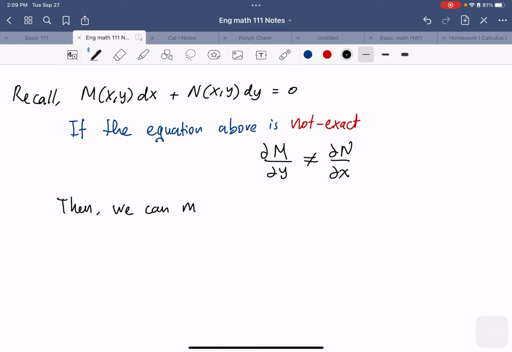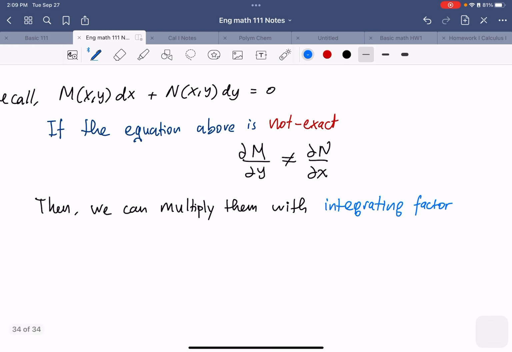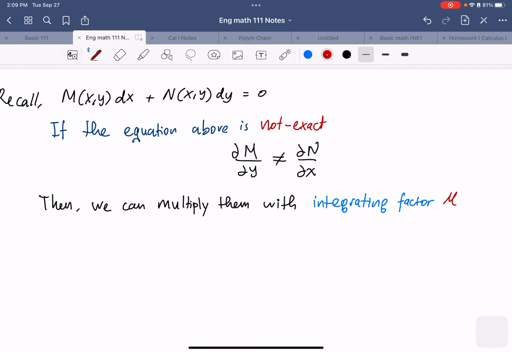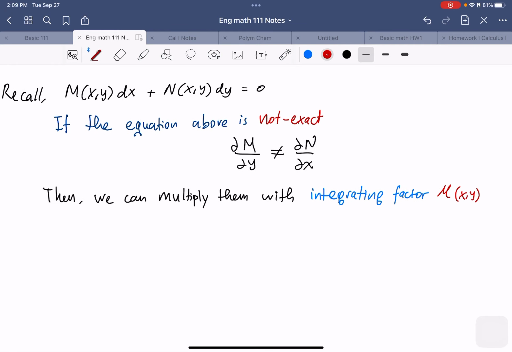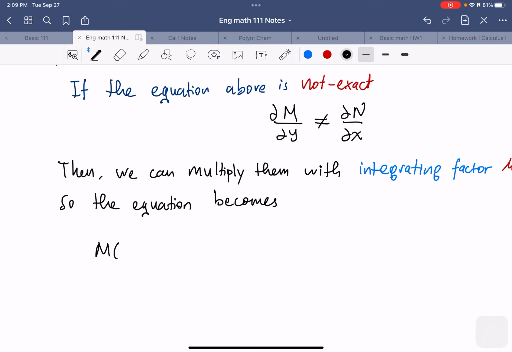we can multiply them with an integrating factor. Let's say mu, integrating factor mu. So the equation becomes, let's say M